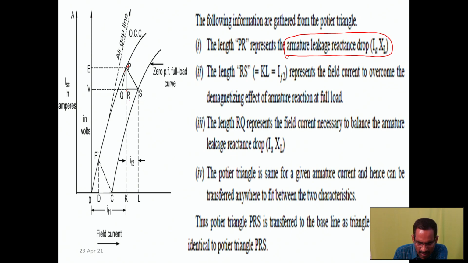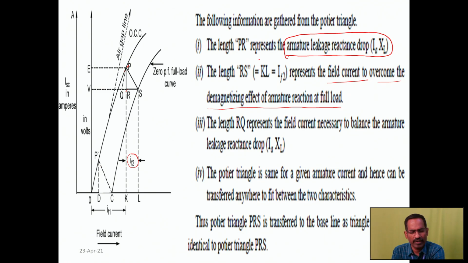The length of RS represents the field current which is required to overcome the demagnetizing effect of armature reaction. RS is the IF2. It is the field current required to overcome the armature reaction effect,